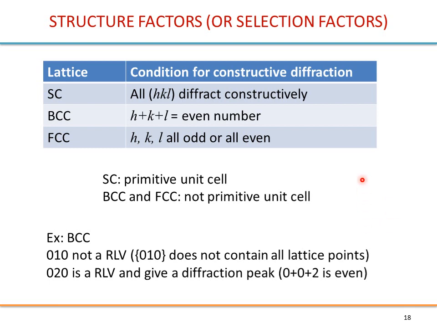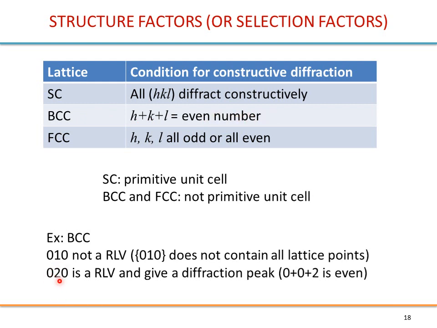It does not contain the plane which contains the atom at the center. Okay, so the atom at the center of the cube does not belong to these planes, which violates, in fact, one of the properties of the reciprocal lattice. For the reciprocal lattice, any set of planes contains all the lattice points. So for BCC this one, h plus k plus l is 1. It's an odd number, therefore no peak, which makes sense.